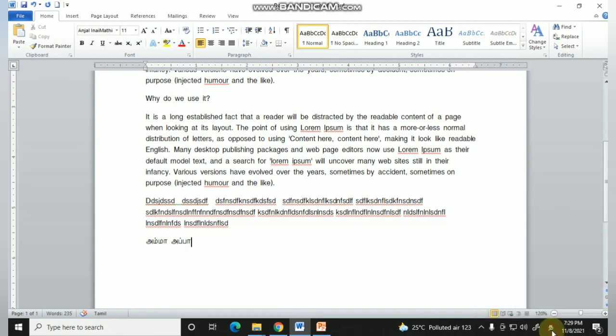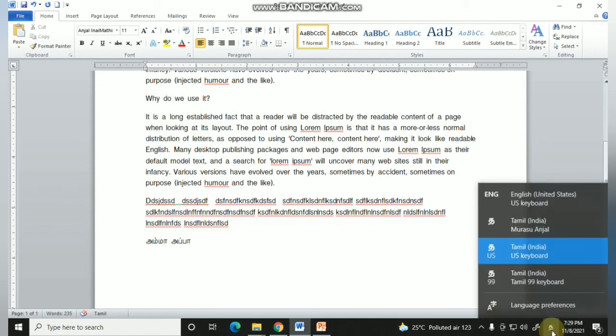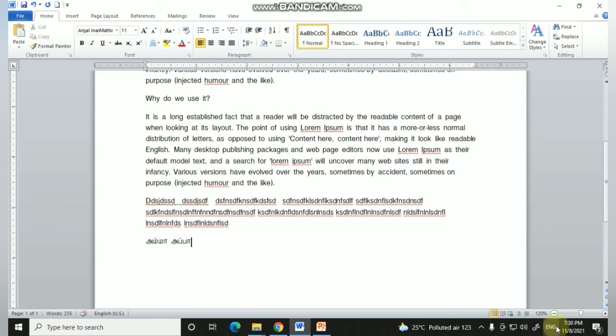Now I am going to press Win key plus space bar, that's all. It will be changed to the default language, English. Now if I type ASDF GF in English, it stays in English. But it is very important that you change the interface here.